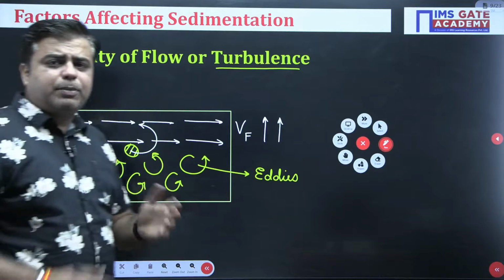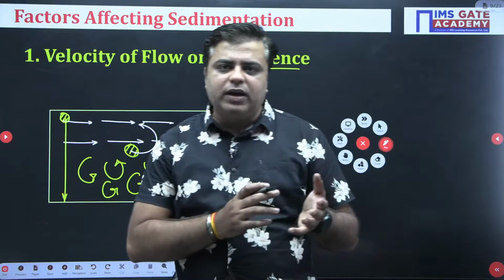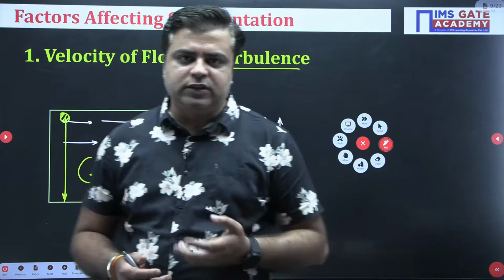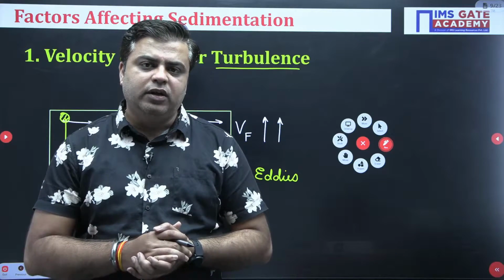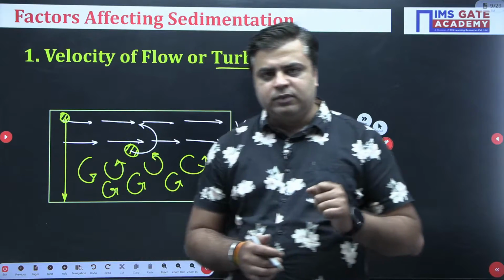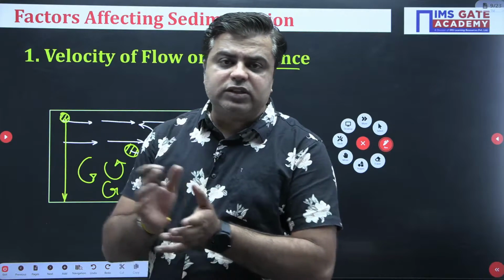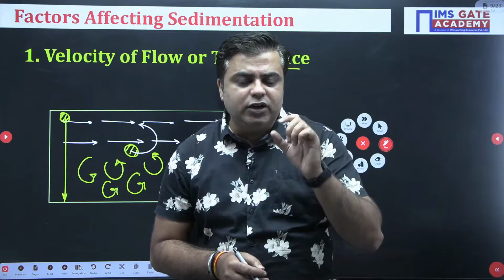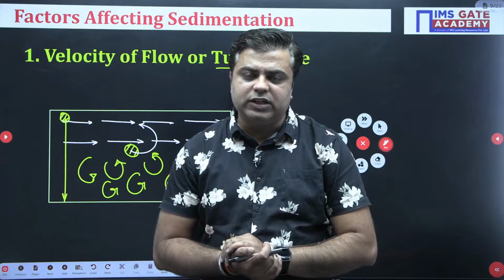The primary example is whenever you see river water in the rainy season, it is full of mud and dirt. The reason is that during the rainy season, the water has a huge discharge, and due to this huge discharge, so much turbulence is present in the river. Because the turbulence is more, the settling of the solids will be less. On the other hand, if you observe the same river during summer or low discharge seasons, you will find that the river is more clear. The reason is that, due to less turbulence, most of the solids have settled swiftly to the bottom of the channel.